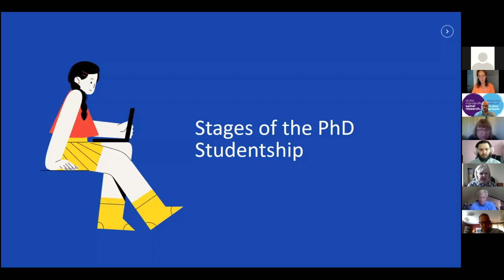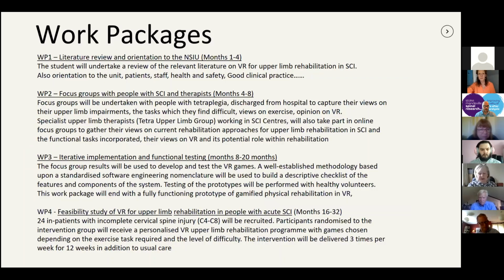So what's the PhD studentship going to look like? Well, just to, again, take you very briefly through it, I don't expect you to read all this, but we have 4 different work packages. Sandy's background is not in health at all. So the first work package is a literature review, and there's not a huge amount out there, but we'll be looking at the literature on VR, not just in spinal, but in other conditions,